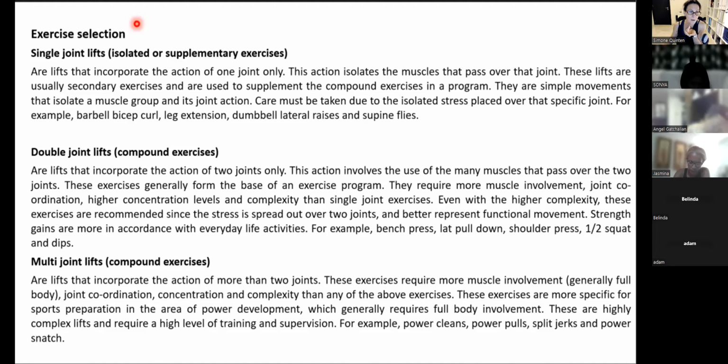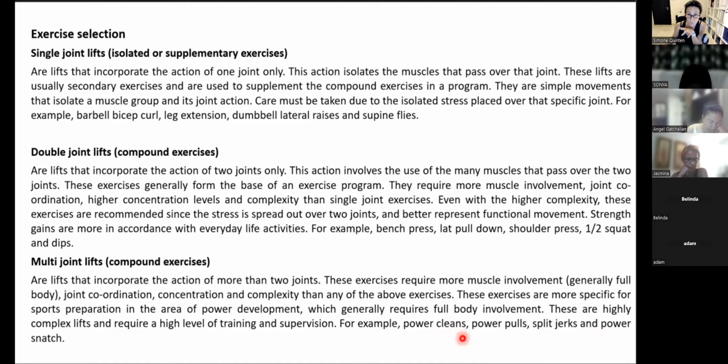Yeah, and then multi-joint lifts, they are also compound exercises, but they are actually very, very advanced. What they're doing is more for sports competition preparations, because they require more muscle involvement, like the full body. And they do coordination. For example, when you do power cleans, power pulls, split jerks, power snatches, and all these things,